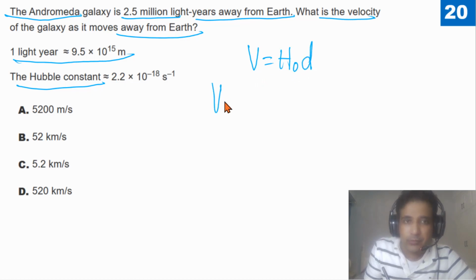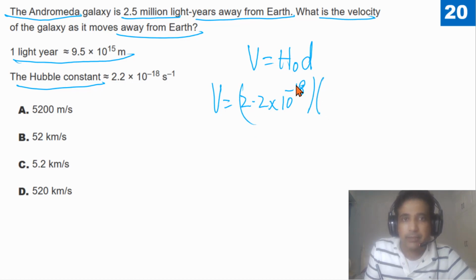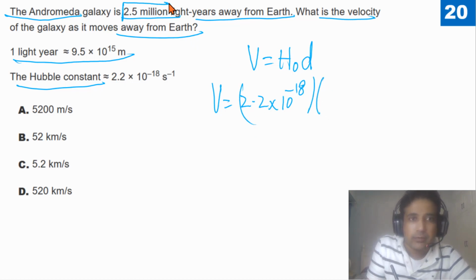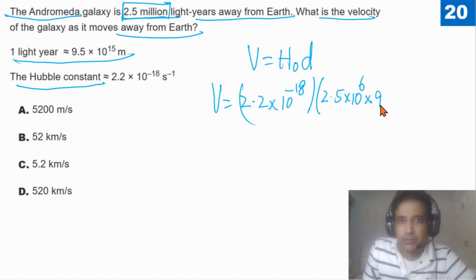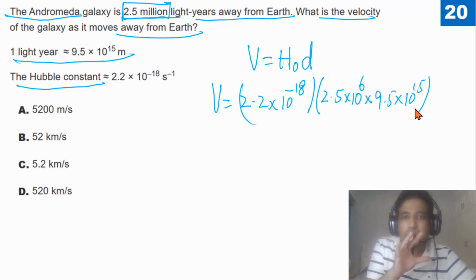So V we have to calculate, so simply we can plug in values. Hubble's constant is given to us, that is equal to 2.2 times 10 to the power of minus 18, and the distance is given. This is 2.5 million light years. First of all, we can write 2.5 million. Million means 10 to 6, and 1 light year is equal to this one, so we can write down 9.5 times 10 to 15. Now simply you have to use a calculator, and if you multiply, you will get